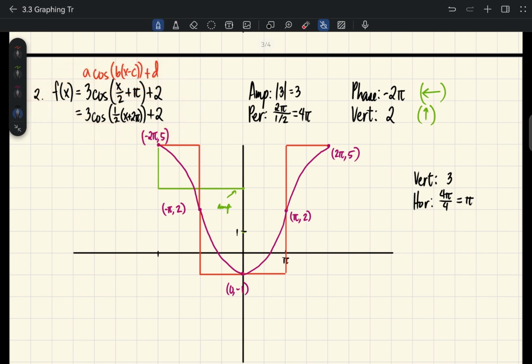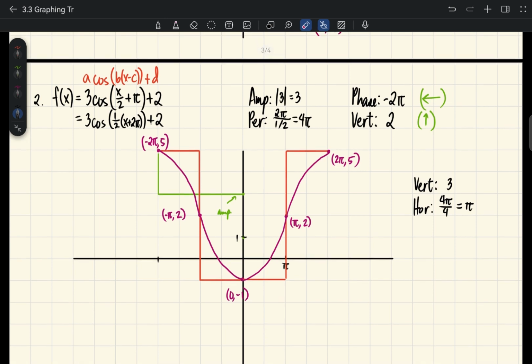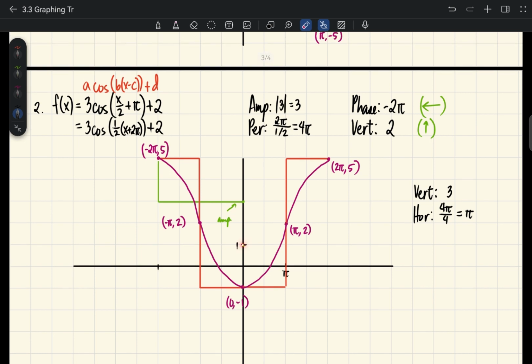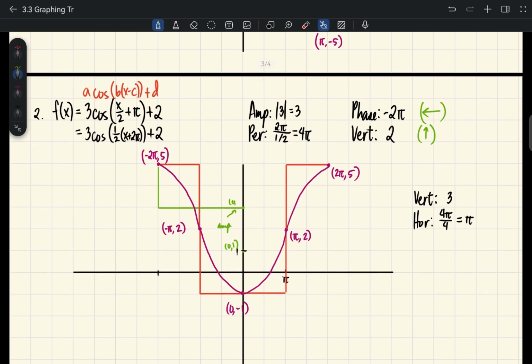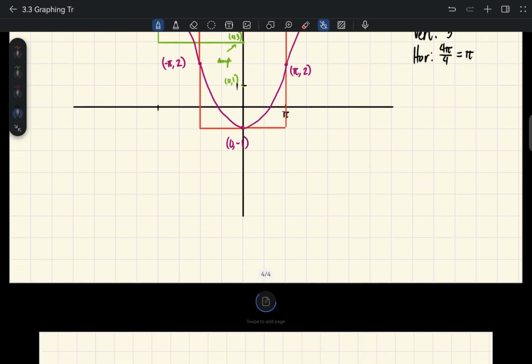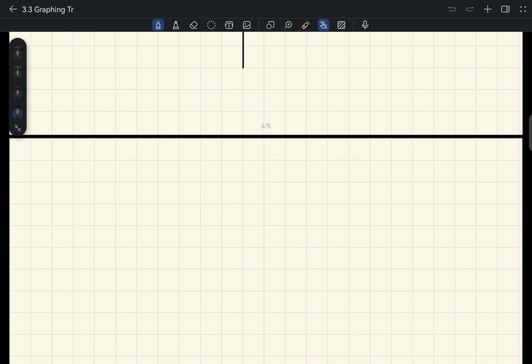So what's the difference here? What's the different step that we did? Since the initial point for your cosine is a maximum point, you have to adjust this one according to the amplitude. So since this is 0, 1, and we have an amplitude of 3, what we did is we just multiplied by 3 in the y coordinate. So we started with 0, 3. Okay? So let's proceed to the third example.